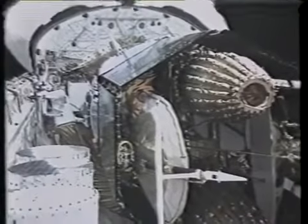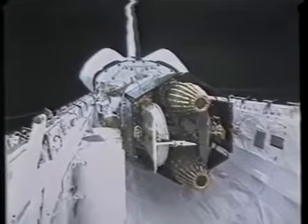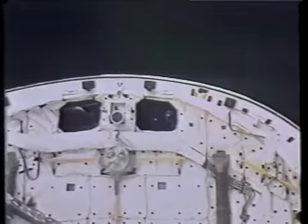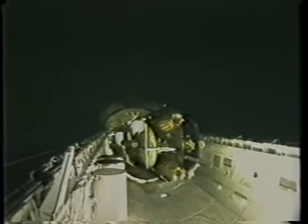This is a view of the tracking and data relay satellite in the bay. This is as we were elevating it from the stowed position to the